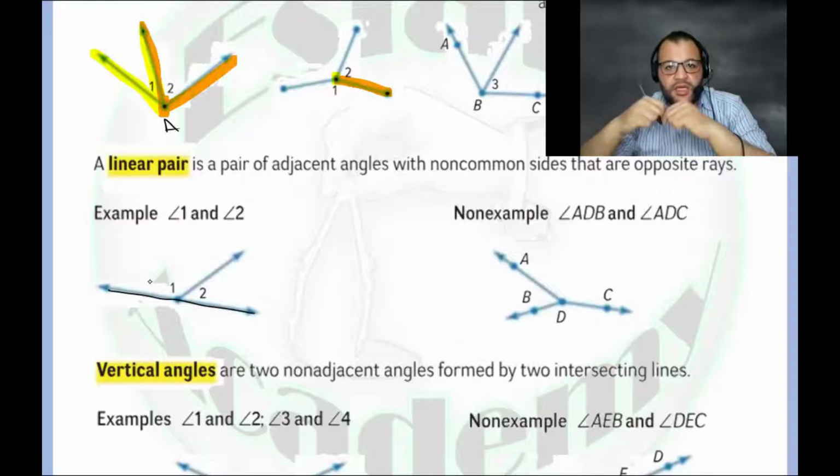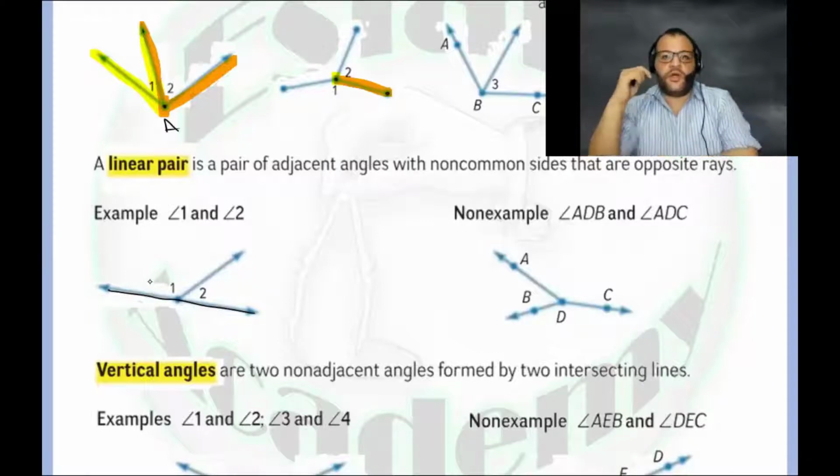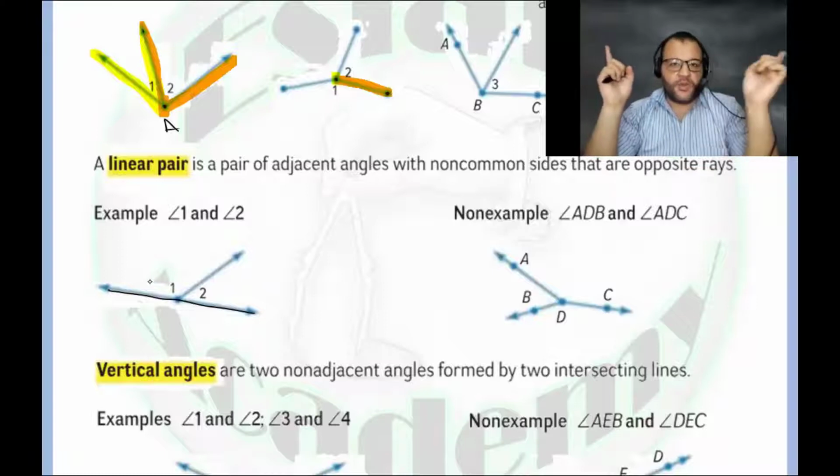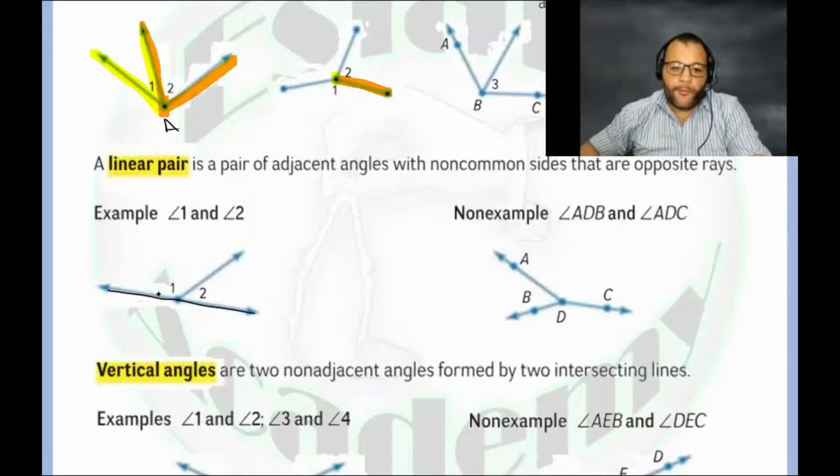It means the sum of their measures will be 180. If you remember when we talked about opposite rays, they are not obtuse. Opposite rays are rays which form one straight line: one is looking to the right and the other is looking to the left, and the angle between them